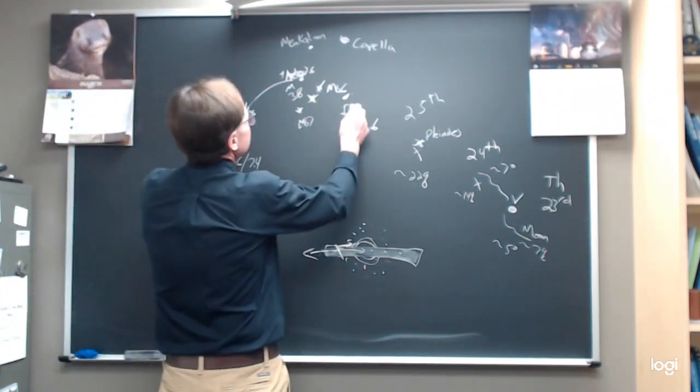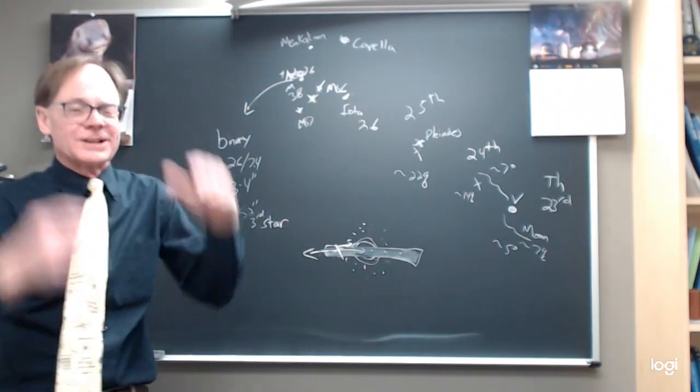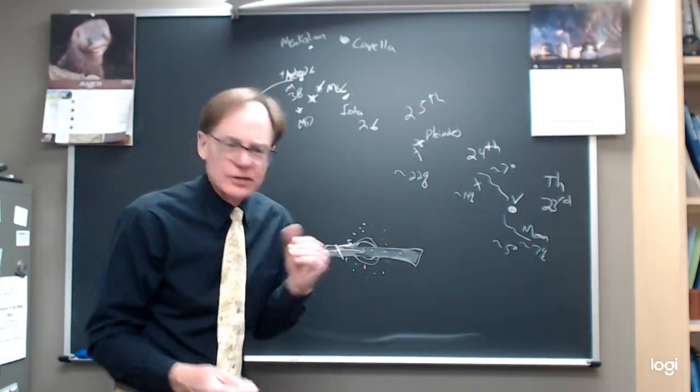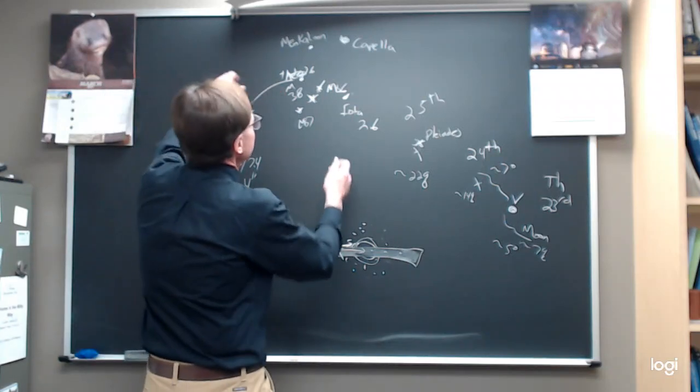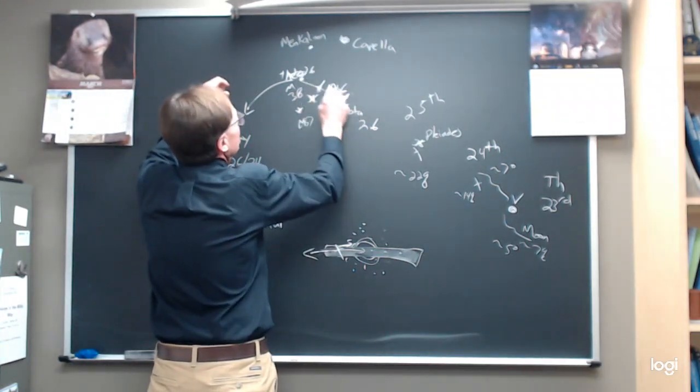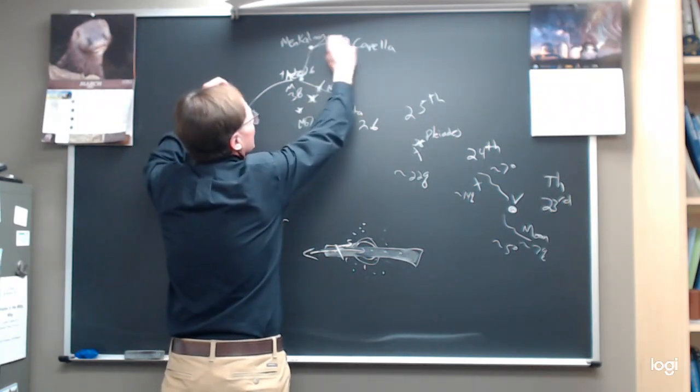And Auriga, let's draw it in. I've busied up the board like I like to do. I like to make a challenge for you, right? I don't want to make your life too easy. And so I've busied up this board to the point that you can't really see anything. But if we connect the dots here, we've got